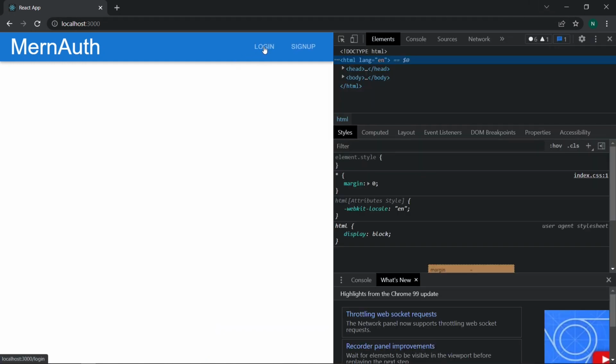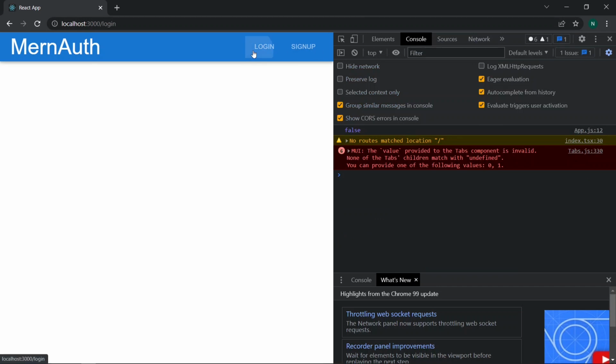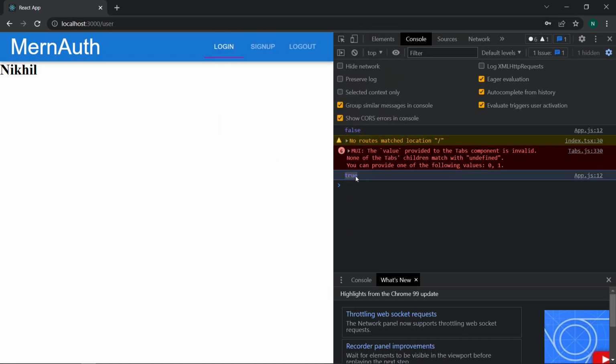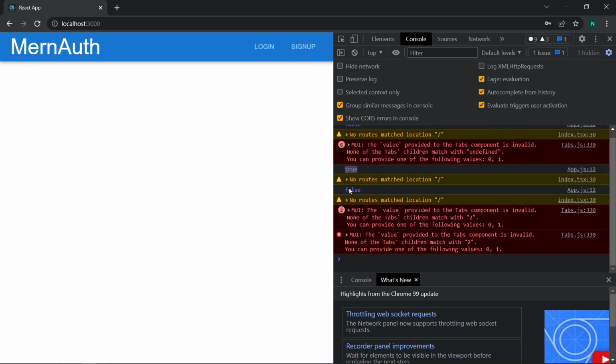Now once I click on the login, we can see that we have the Redux login state of true, and now we have the logout route as well. And once I click on the logout, you can see the logout route